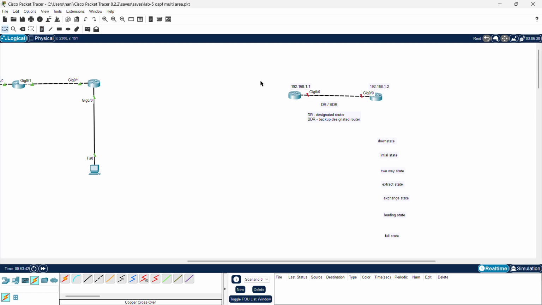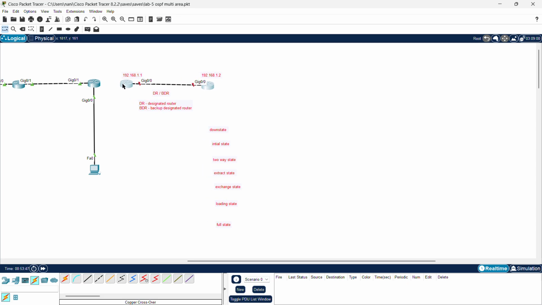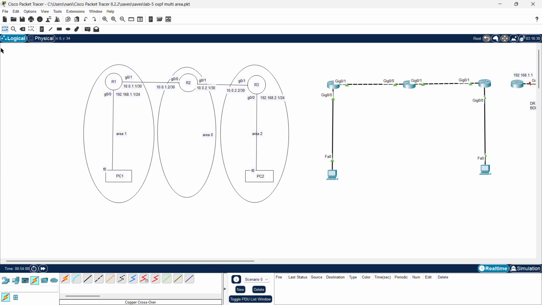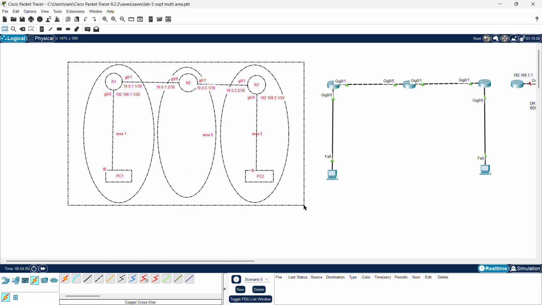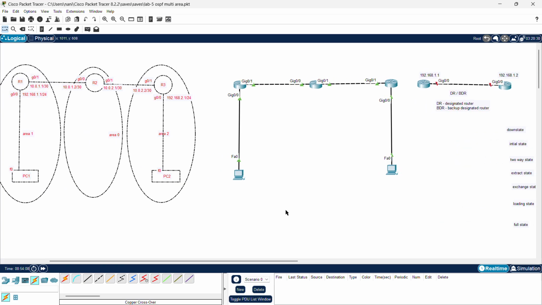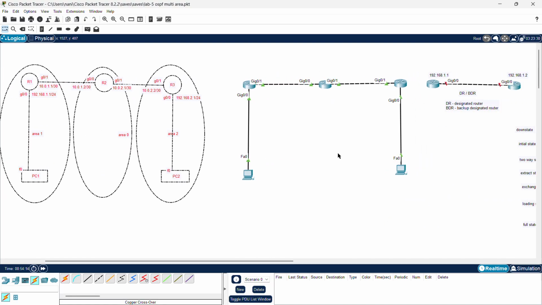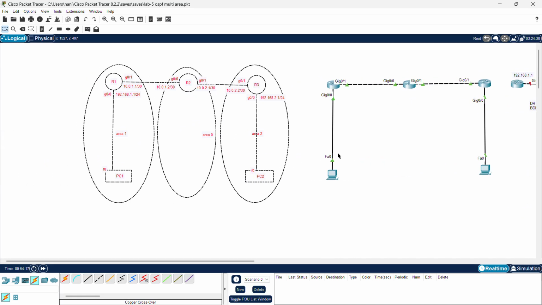Let me drag all these close to the topology, and you don't have any necessity with this one. Don't get any confusion here. It's all just an explanation. This is our physical topology. This is our logical topology. And here we have everything, and I will provide you the Packet Tracer file and everything in the description soon, and you will get to have this. And this is our OSPF multi-area